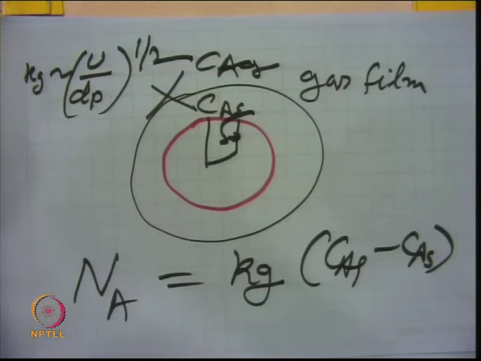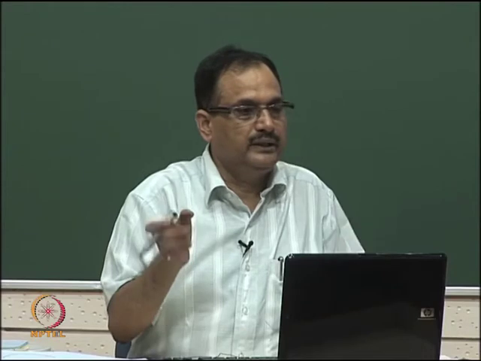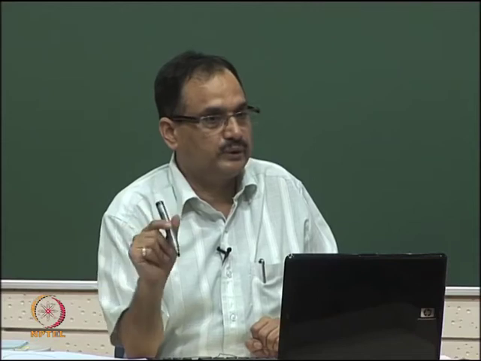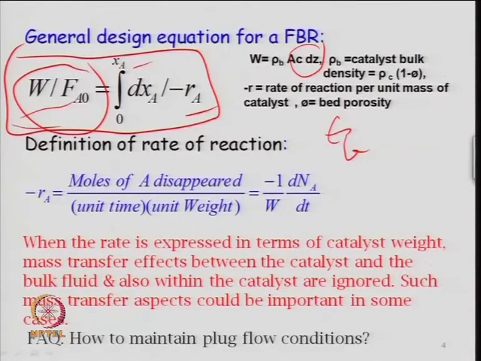So, it means the mass transfer is not controlling. But remember this u/d_p should be at the same W/F_A0. It means if you increase the superficial velocity, the molar flow rate is increased, so increase the mass of the catalyst also accordingly, so that your W/F_A0 does not change, because this should be at constant W/F_A0. For a catalytic reaction, when you change W/F_A0, your rate will change. So this is very important, that the external mass transfer and diffusion effects should be neglected.